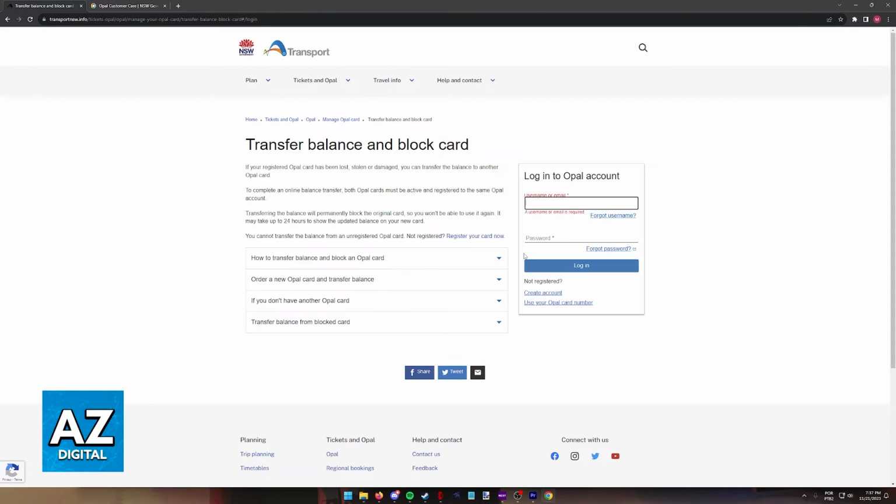It is very important to do this process if you have a blocked card, primarily stolen cards, because that way you can save your balance. Keep in mind that it is impossible to unblock a card, so this is the next step that you should take after you block your pre-existing card.